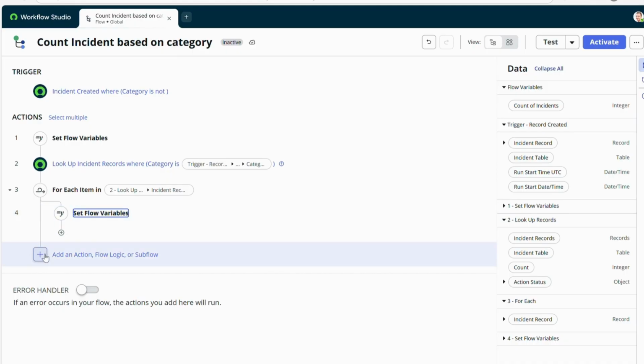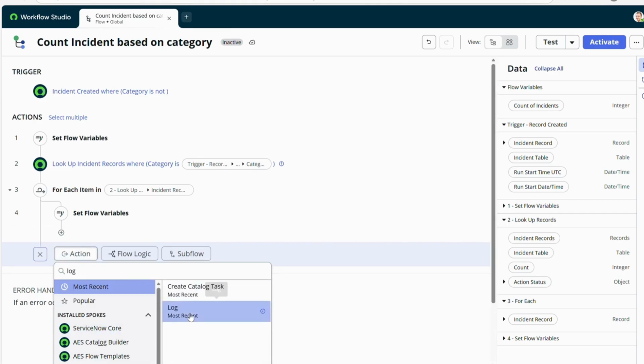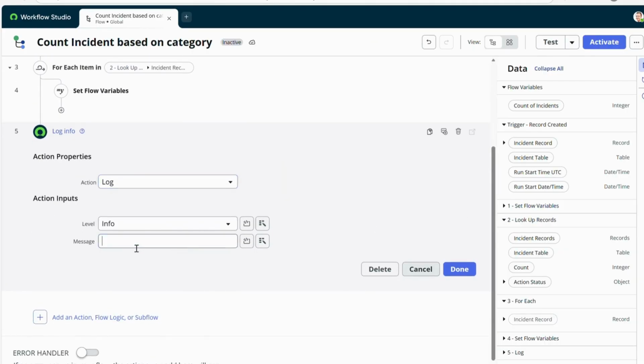Now we are going to log this information. So I'll simply click on action and we'll log this. I'll click on log. Now as an info, let's say total number of incidents, total number of incidents with,